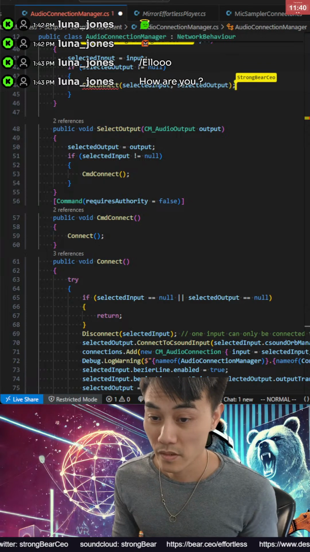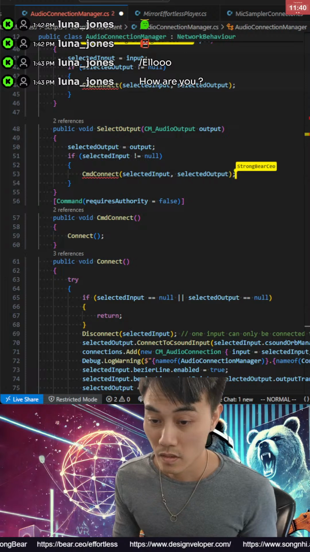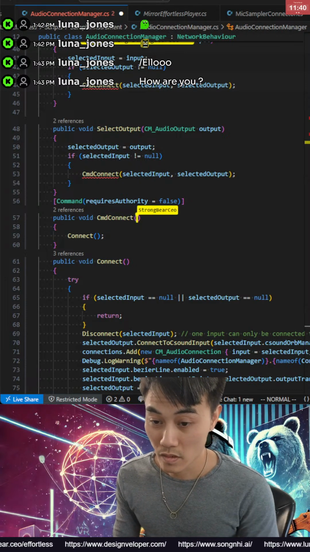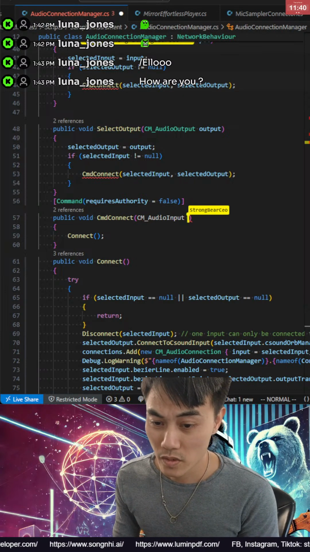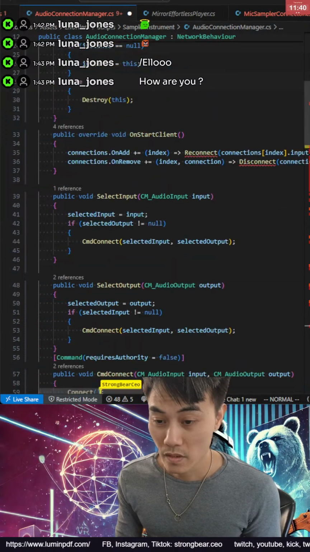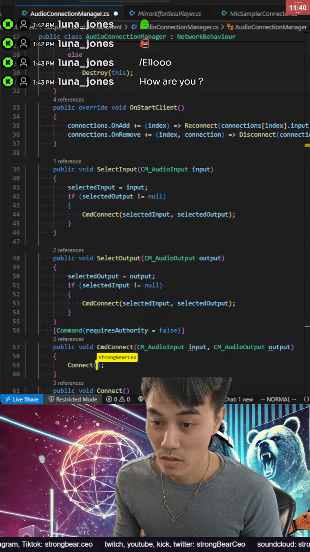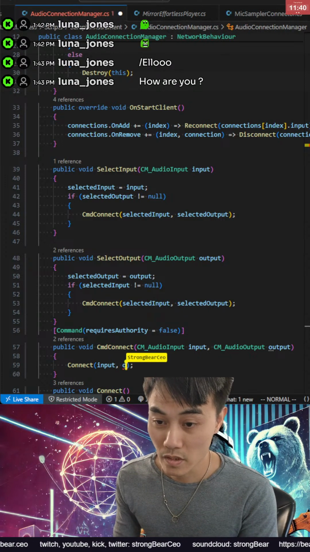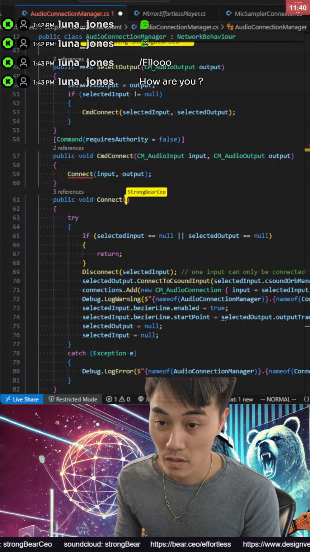Here we must pass the selected input and selected output. And this one, the CM audio input, input and output, we should call input and output. Then in here we should do